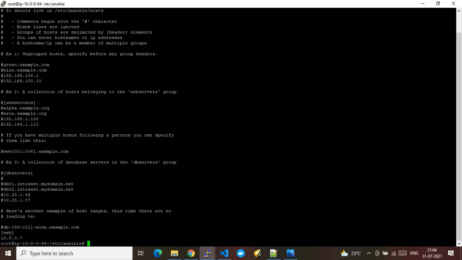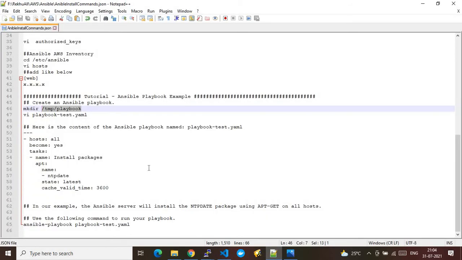Here at the end, in a square bracket, we have added the name of our group, nothing but we are grouping our hosts according to our required conventions. Now with that, let's go to the next topic. Once we have added the hosts which we need to manage via the Ansible master node, we are done with the required configuration. The next step is one step ahead: how we can execute the Ansible playbooks from the master node and target a particular host group.